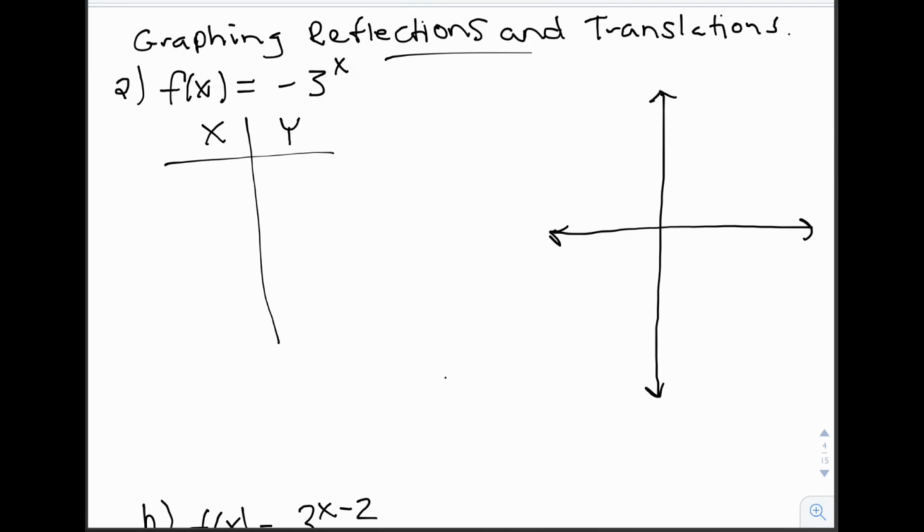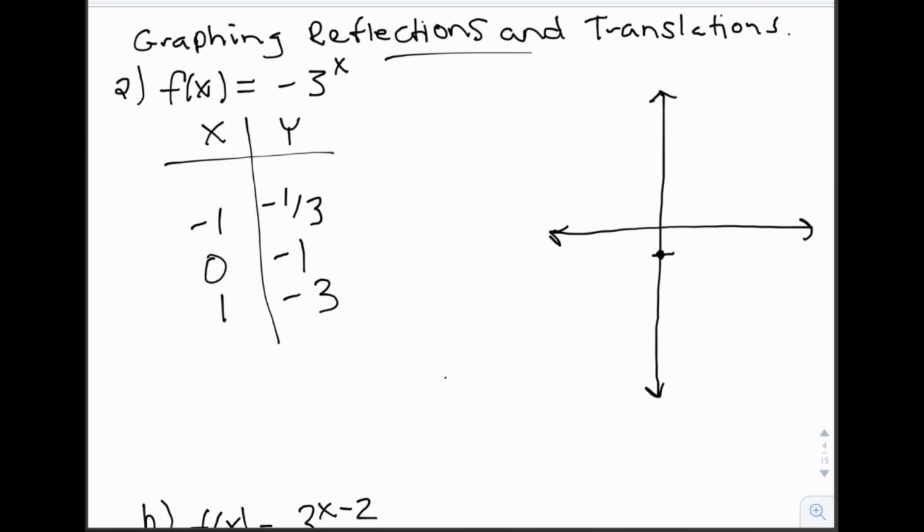So starting with a 0, if I plug in a 0, I will get a -1. If I plug in a -1, I should get approximately a -1/3. And then if I plug in a +1, I should get a -3, and so on. So this should be enough to get some sort of general idea of what our graph is going to look like. So 0, -1,